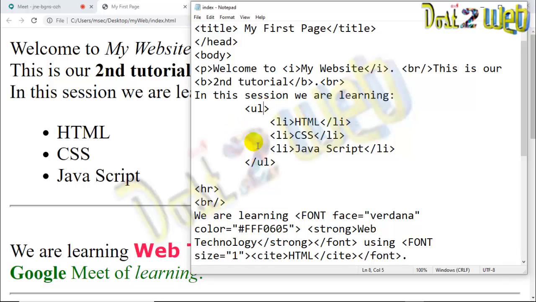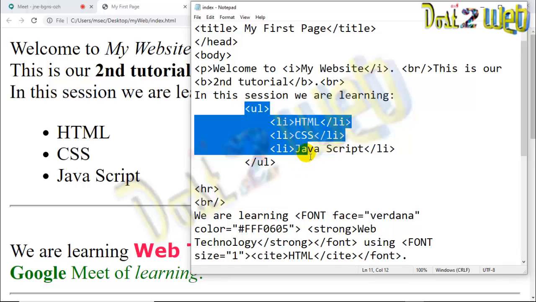Generally, on websites, mostly people use the default only. They will not change it, or at most if they need numeric, they will use the numeric type. That's all. Otherwise they will be using the default only. There may be different styles they use. Once you learn this and the basics of CSS, then you will get more ideas on how to use CSS as well.